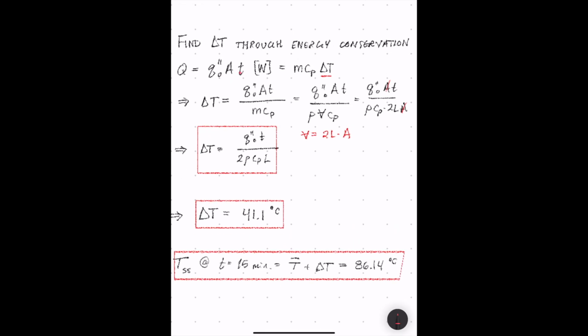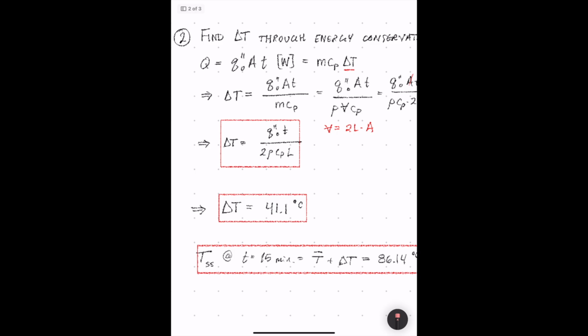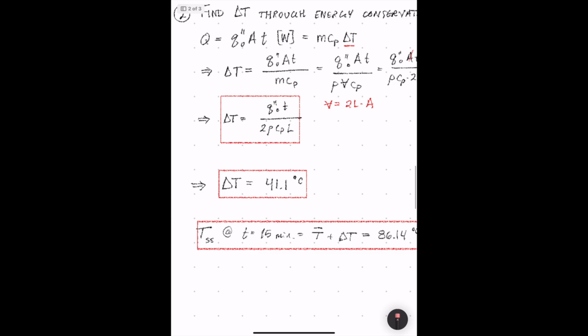So we start off by putting Q A t on the left side, and then we divide by m Cp. We know that the mass in the system is equivalent to the density times the volume, and the volume is equal to 2 times the length times the area. So that's the entire volume of the block. And then we can cancel the area term, since we don't know that dimension in the system, and we just get an equation of q times t over 2 rho Cp times L. If we plug in the values of the system, we get a delta T of 41.1 degrees Celsius,